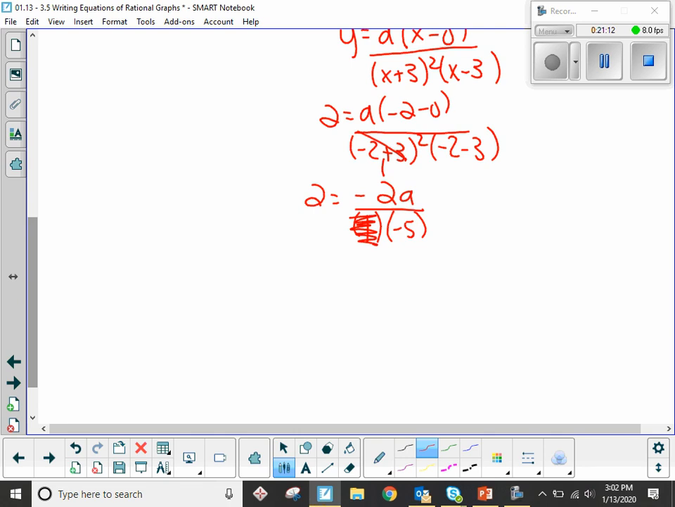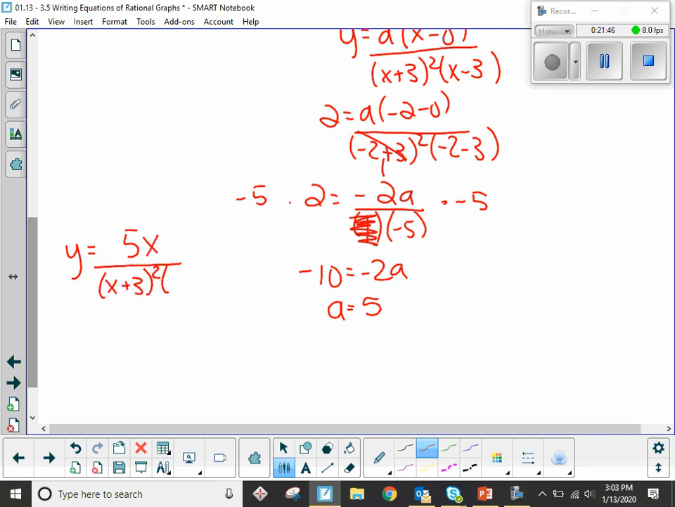And then what do I do to both sides there to start solving? Multiply by negative 5. So that is negative 10 equals negative 2a. Divide both sides by negative 2. A equals 5. And then you just plug that back into that factored form, the general one that you found, and that will give you y equals 5x over x plus 3 squared times x minus 3. Okay? Questions? All right. You have the rest of class